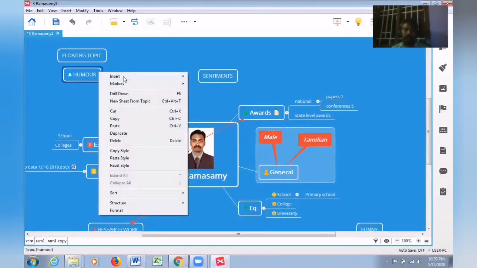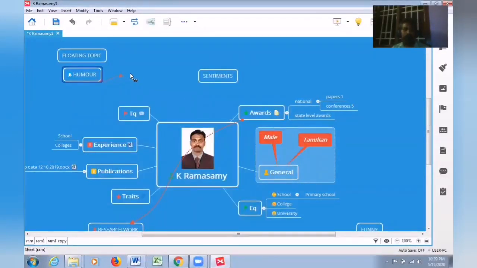If I want to insert a relationship between humor and sentiments, what kind of relationship? This is a kind of linear relationship. You can have something like this. So this kind of thing can be done in Xmind. So, to sum up,